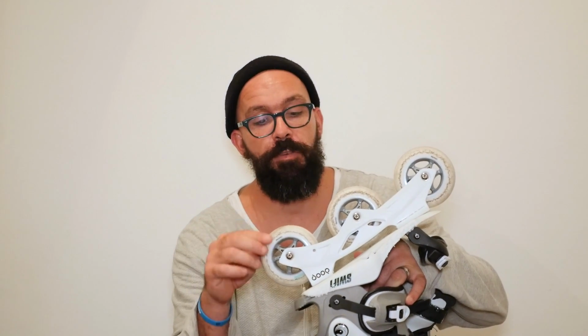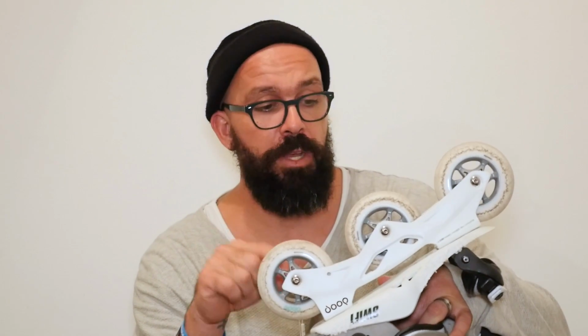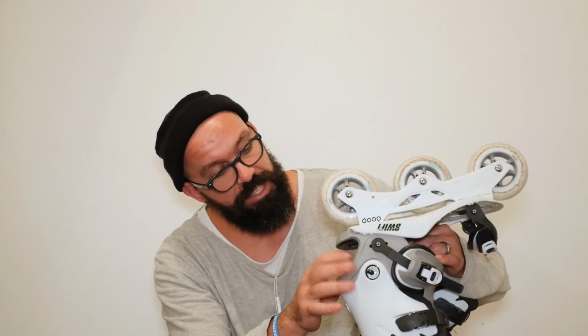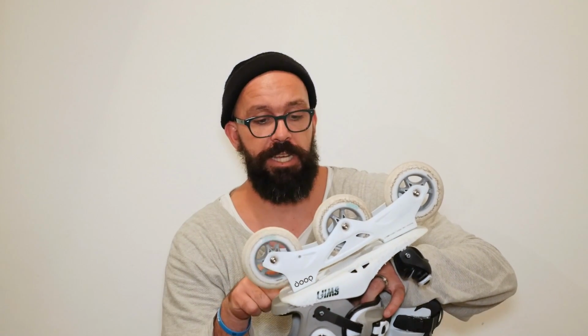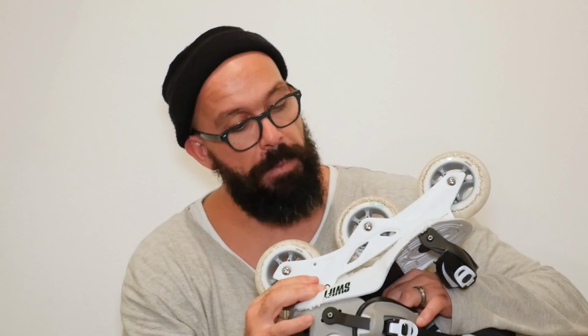Why am I saying these? Well, compared to the previous version, I felt these a little bit more stable. I don't know if it's because one is 110 and the other one is 100. I might be saying something wrong, but I do know that this frame is more solid than the previous version. It's still the most affordable frame from Powerslide, which is that folded aluminum one, but on this one you can see that it's reinforced,